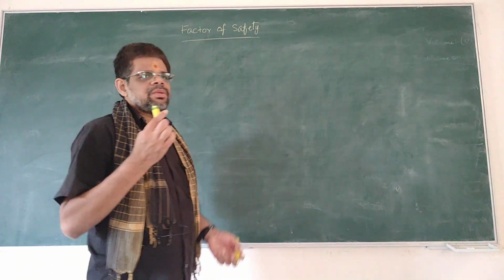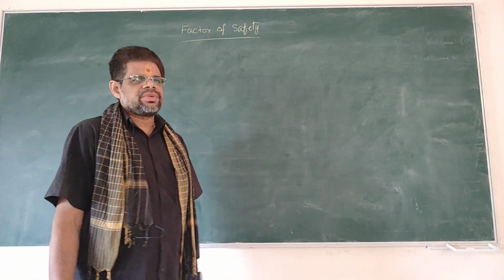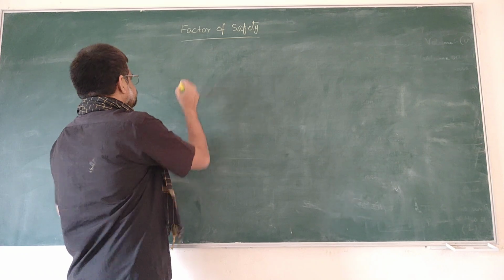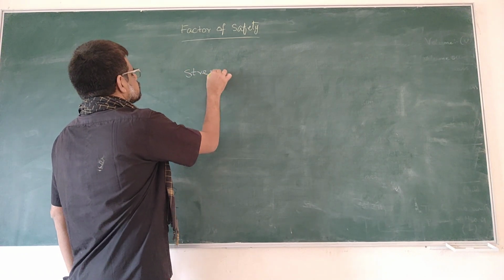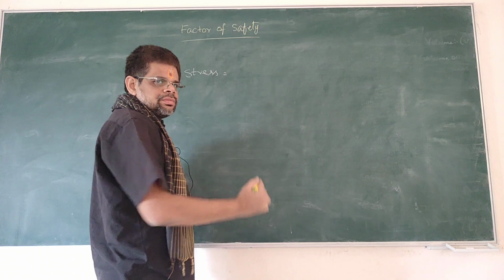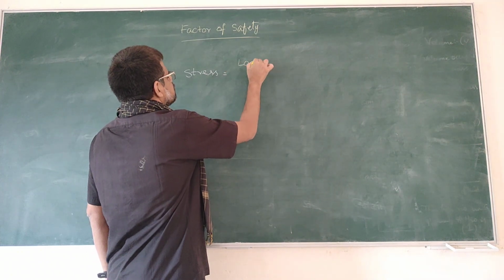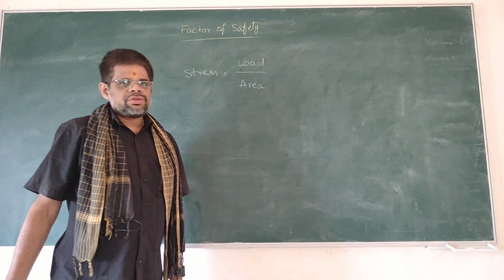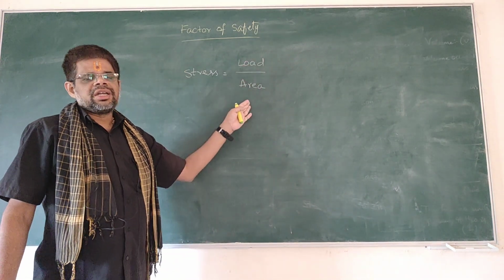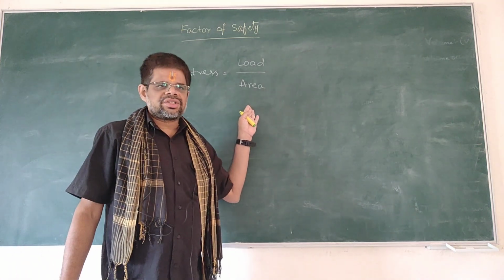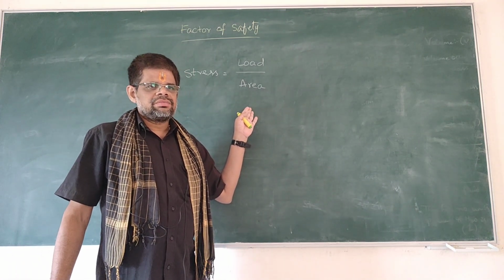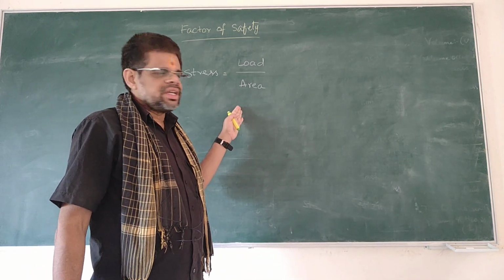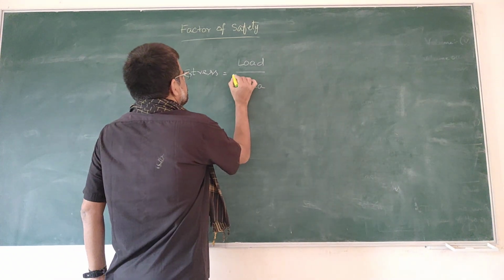Okay. So before discussing factor of safety, let us understand the concept of strength. So you know that stress is equal to, what is the formula for stress? Load by area. So this is what you have used. You have determined the stress when you are given the load and diameter. If you take a cylindrical shaft, then the diameter is given. So pi by 4 d square will be the resisting area. This area is called the resisting area. So load by this resisting area